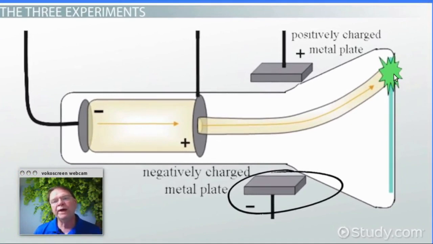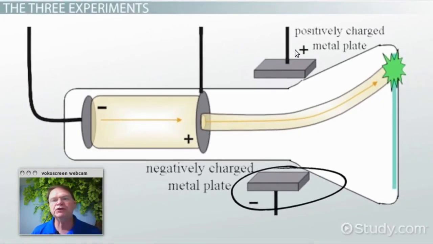Well, what Thompson did was he took a very strong electric field around that cathode ray tube that you see pictured here. He was actually able to deflect that path of light that shot up and lit up that part of the screen. And that led Thompson to infer that matter must have somehow a separation of charge, what we refer to now as positive and negative, these opposite charges that you see pictured here.